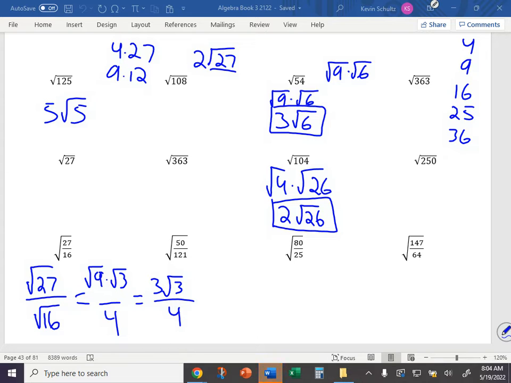36 and 3. Yeah, 36 and 3. Okay. What about 64 and 2? 64 and 2. That's 128, not 108. So this is that situation, right? Where when you're done, look at that root and ask yourself, is there a perfect square factor that I can take